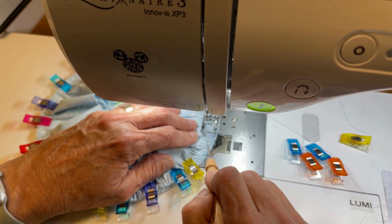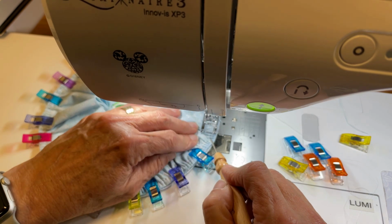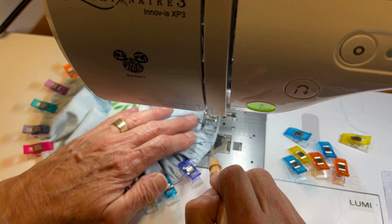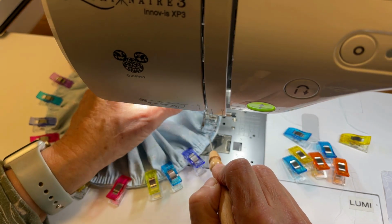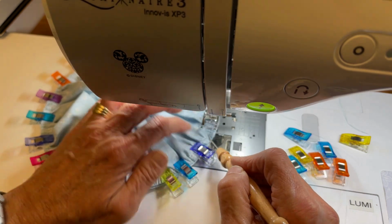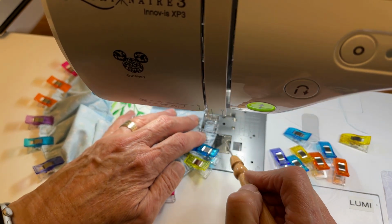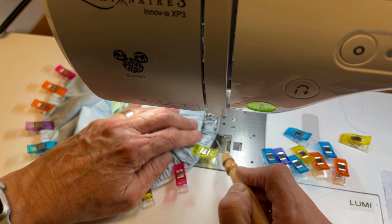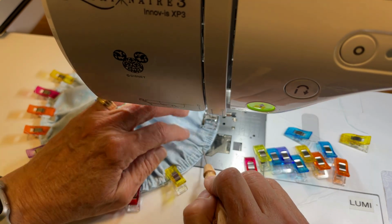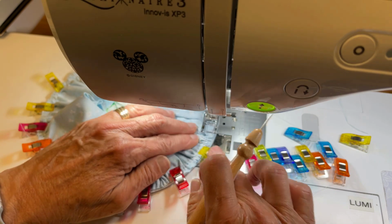I called Charter Spectrum Business, which is who we have our internet through, and they were like, the problem's not on our end. We can see your modem, we can see your router, the problem's on your end. Quite frankly, I don't know if that's totally true or not, because they've said that before, and the problem ended up still being them. But to make sure there were no issues, I went and bought a new Ethernet cable, and when the Ethernet cable didn't fix it, I basically ran the factory reset. I was like, I'll do all this stuff, and then when I call them and they say the problem is yours, I can say, no, it's not. I've already reset it. The problem's